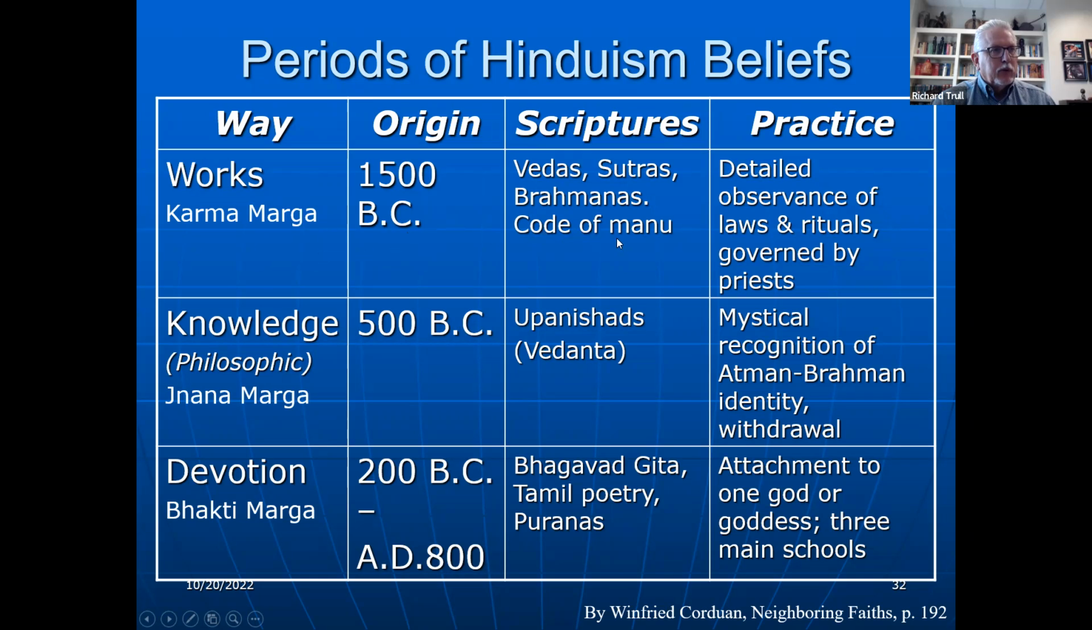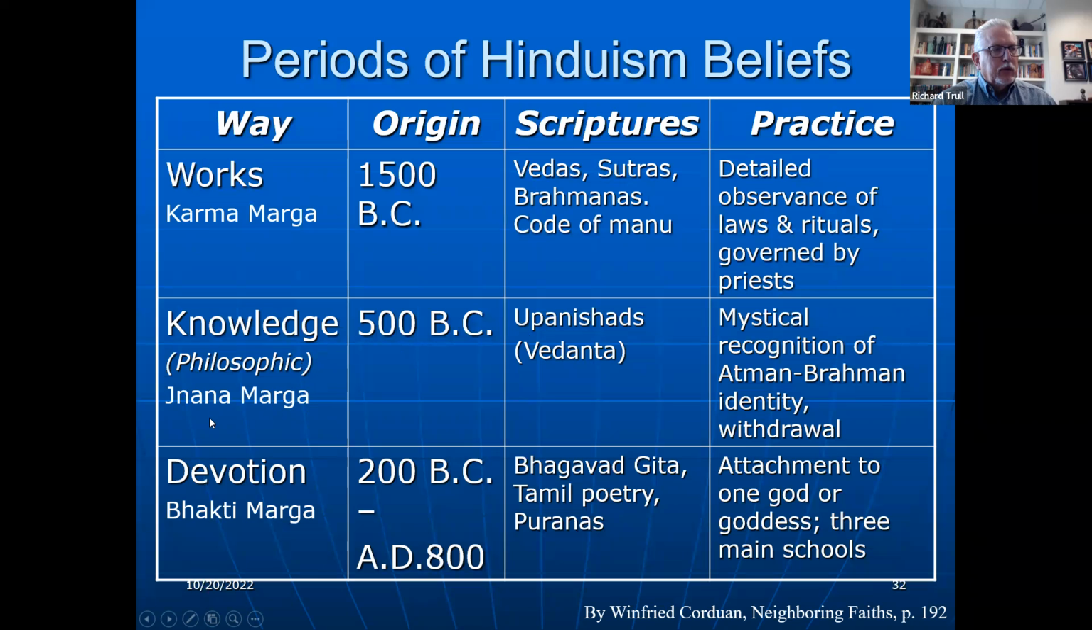And this has to do with the Vedas, but there are the various scriptures in there, Brahmanas, Laws of Manu, and so forth, and they detail the practices of observing laws and rituals, and mainly this is a time period governed by the priests, and they go through their sacrificial systems and things like that. And then you have the knowledge, or what I call the philosophic